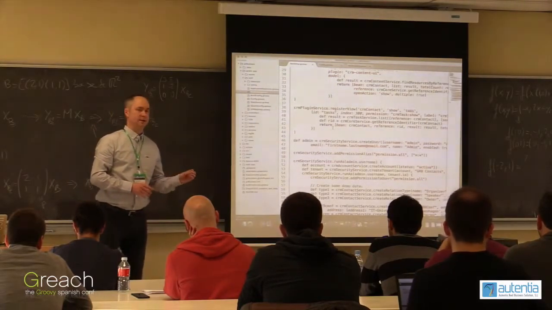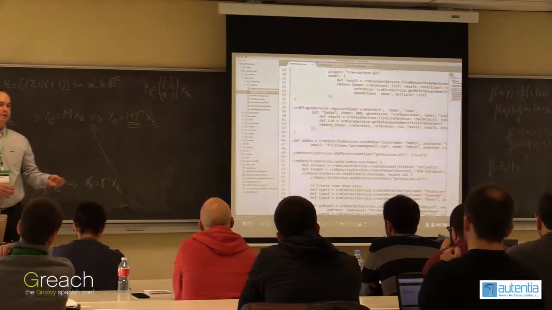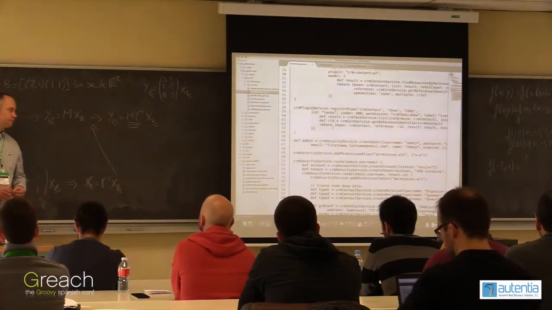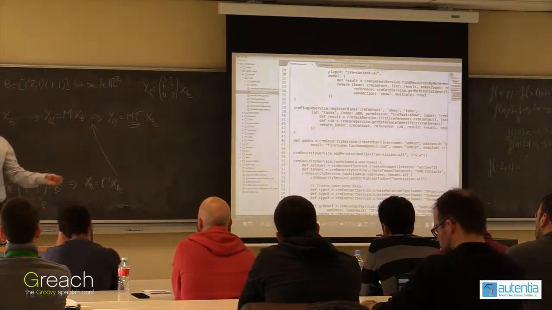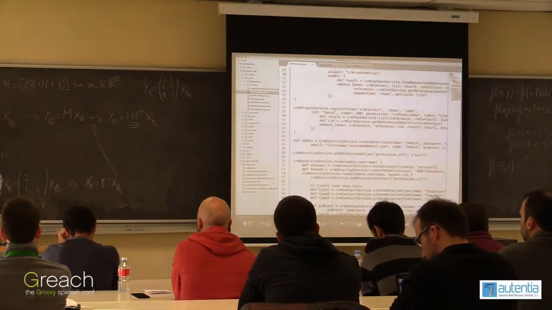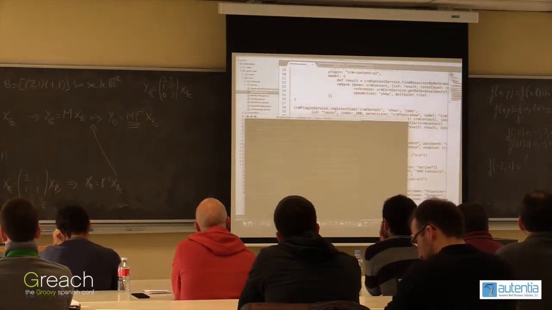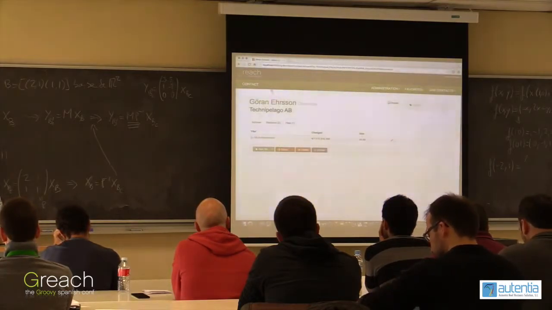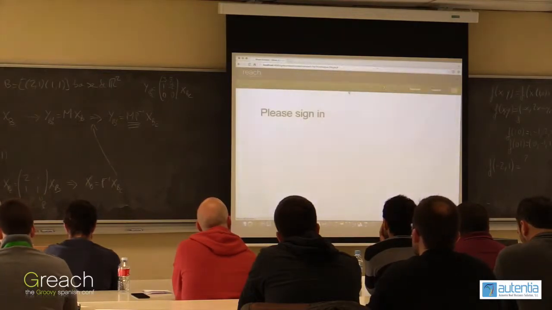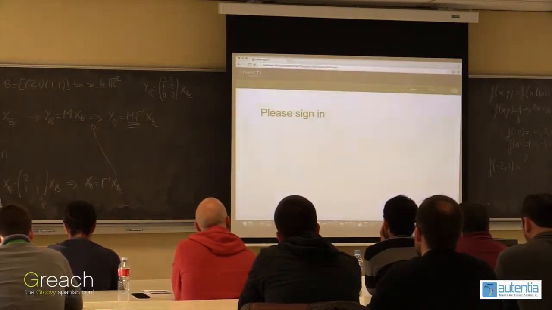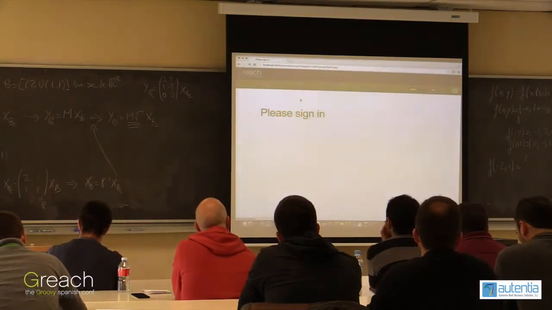So you can assign a task to a person, you can assign a task to a project, or even assign a task to a document. Someone needs to update this document. You can assign tasks to any domain instance. So if we now look in the application again, we should have